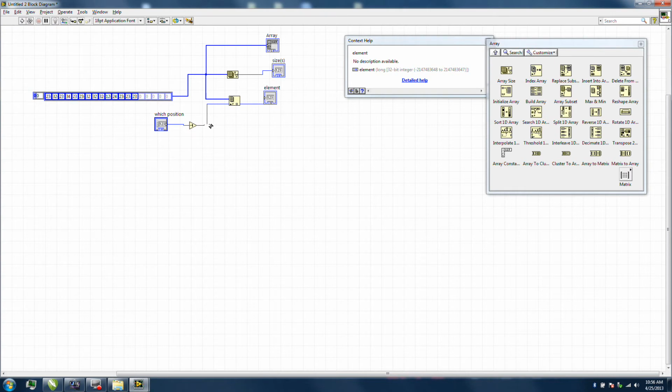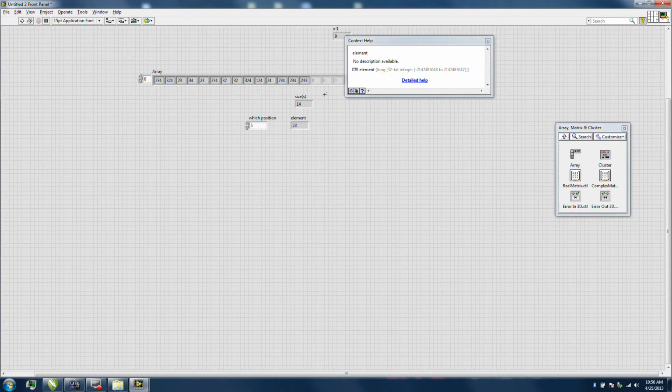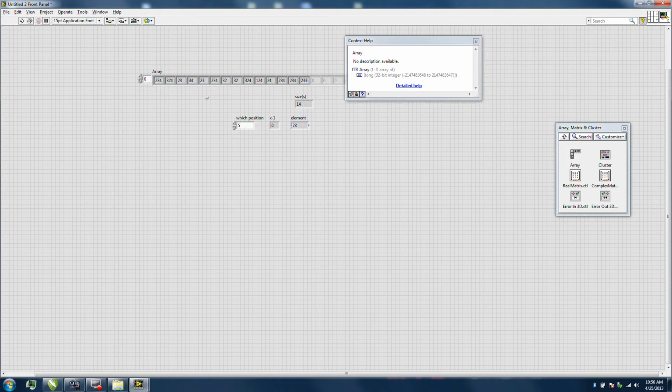Now, I'm going to create an indicator right here. Create indicator of the x minus 1. And now out here, these could be anywhere. It does not matter. Order does not matter. And now I'm just putting it here just to show you what's going on inside the code. So basically, what ends up happening is I tell it I want number 5. It does -1 and sets this to 4, and then comes here to get number 4, and that's going to be